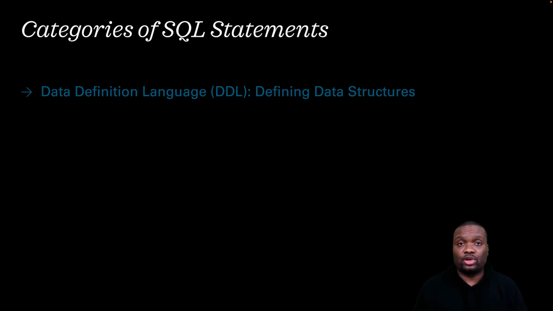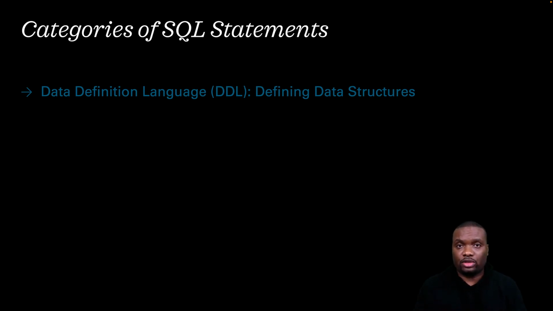So the data structure will be the table, and you will create the table and you will define some of the different fields that are supposed to be used for storing the data you are supposed to work with. So data definition language, or DDL, defines the data structure. Now, once we have defined this data structure, we need to have another set of language mechanisms to interact with